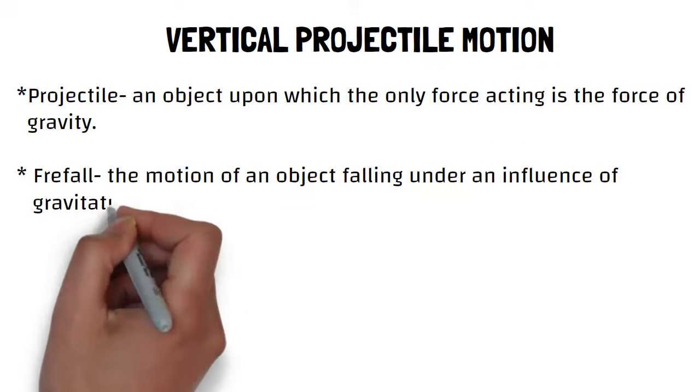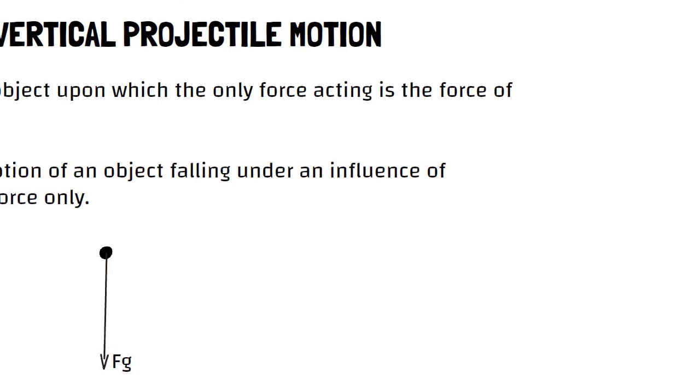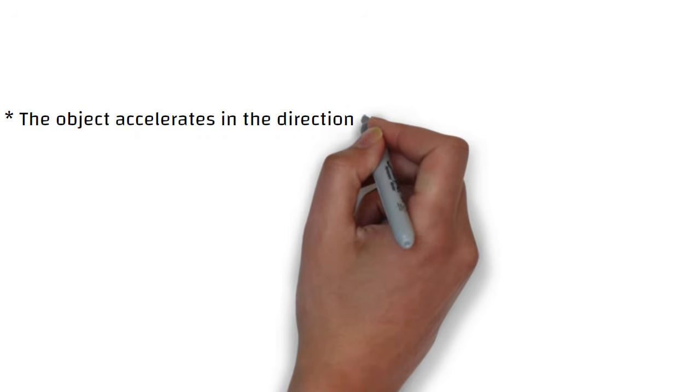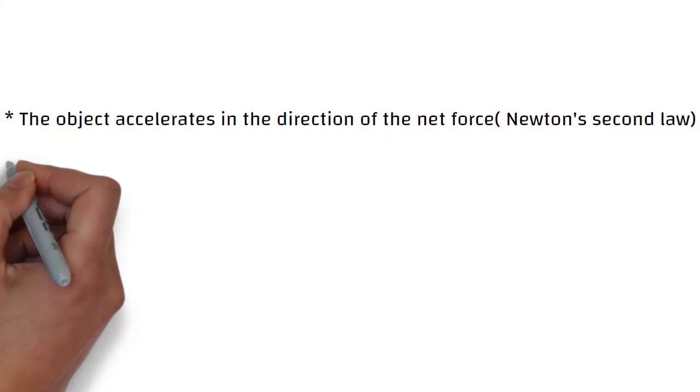In a free body diagram, it makes sense that FG is the only force we have. Remember, an object accelerates in the direction of the net force. That is Newton's second law. That's why you see in its free body diagram FG pointing downwards is the only force. In other words, as we say an object accelerates in the direction of the net force,